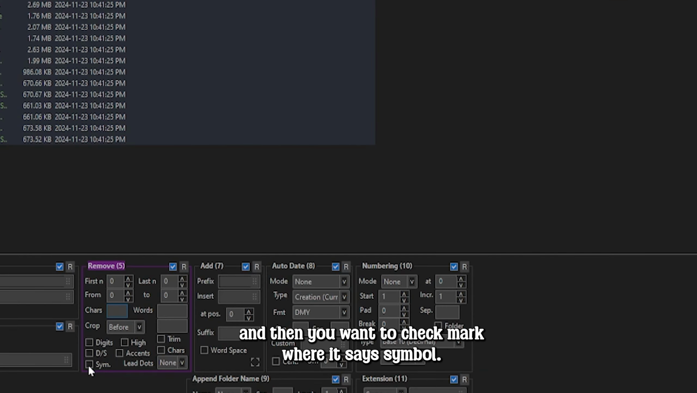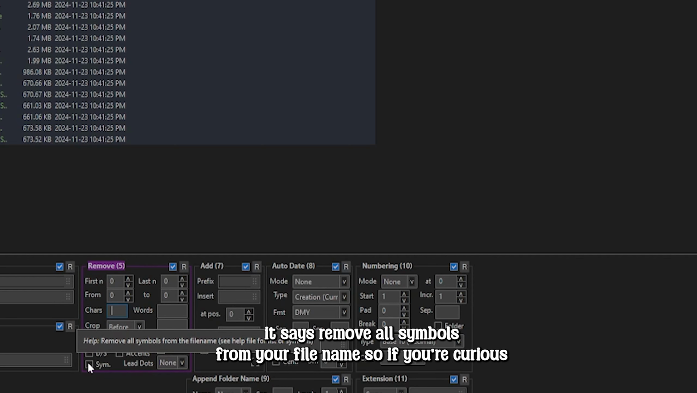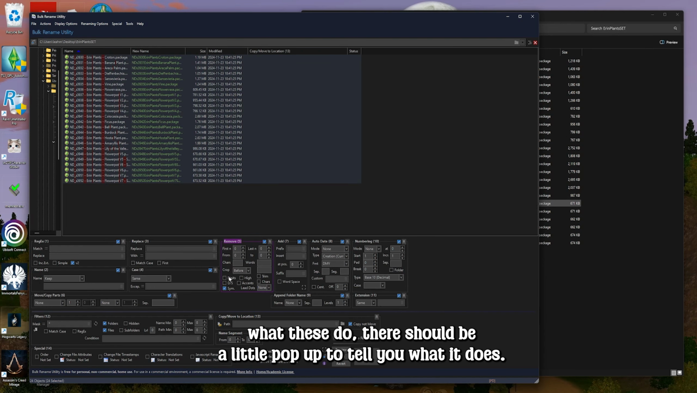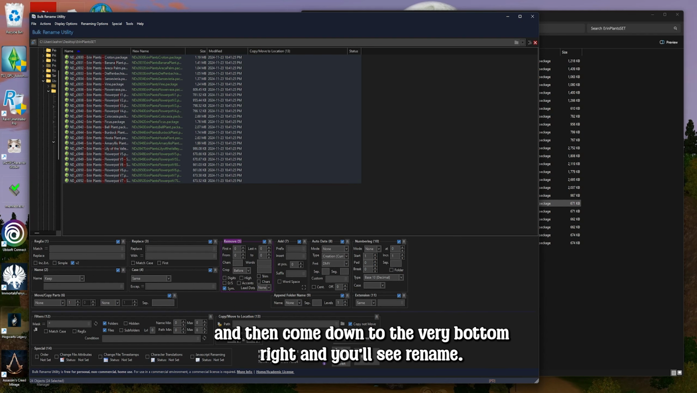And then you want to check mark where it says symbol, SYM for short. There's a little pop-up that says remove all symbols from your file name. So if you're curious what these do, there should be a little pop-up to tell you what it does. All right, so just make sure that's check marked, and then come down to the very bottom right and